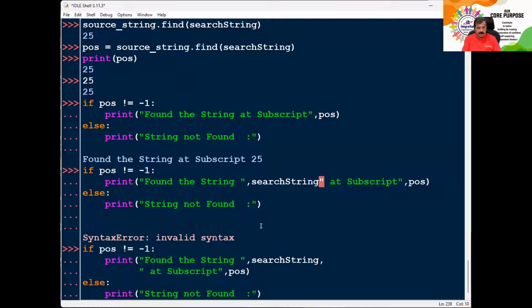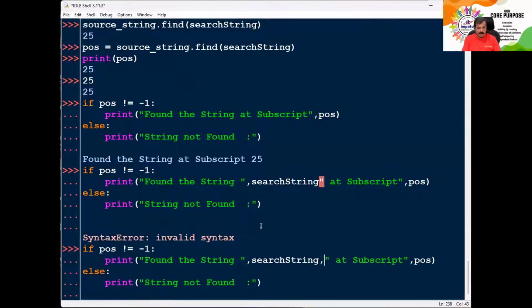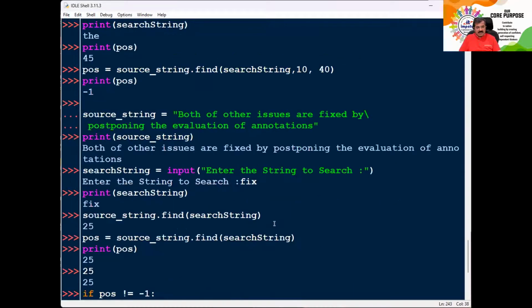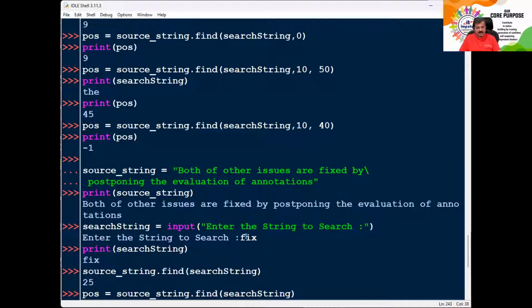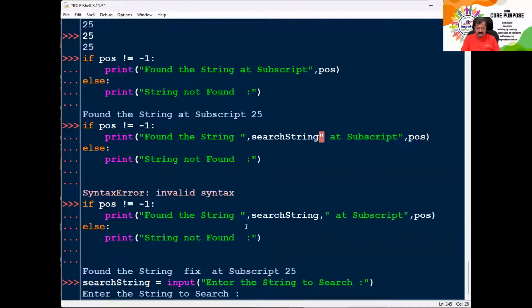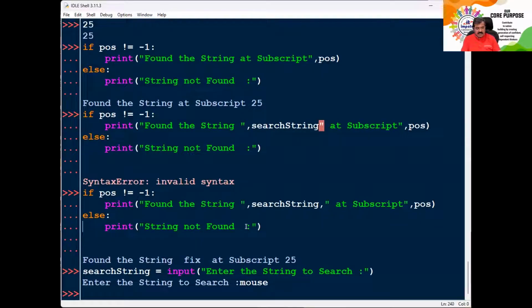हमारा आ गया. कहते हैं found the string fix at subscript number 25, but the string that you're searching for is something different. Suppose I go here and again say enter the string to search. I say string to search is suppose mouse, and then if I write the same condition,